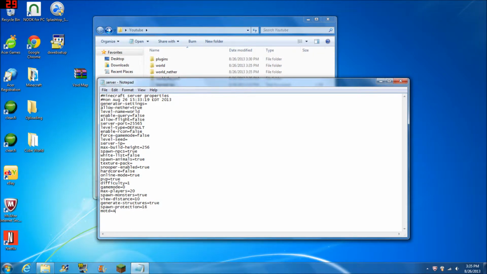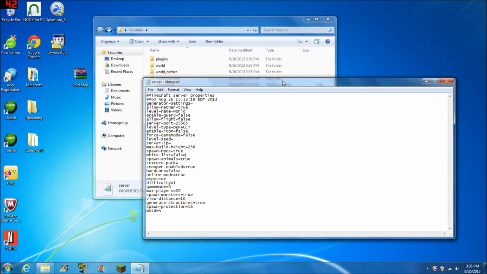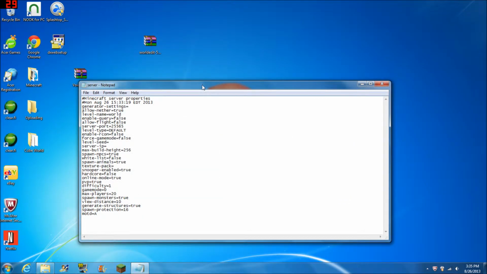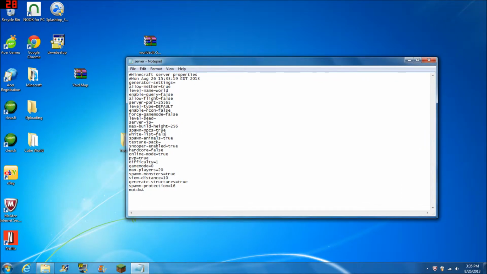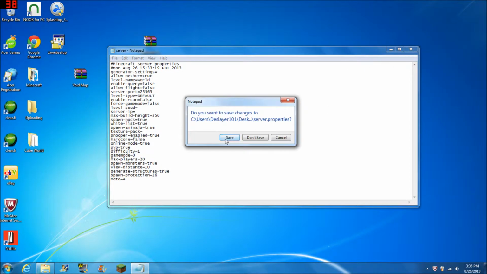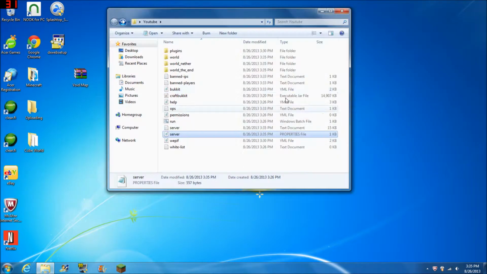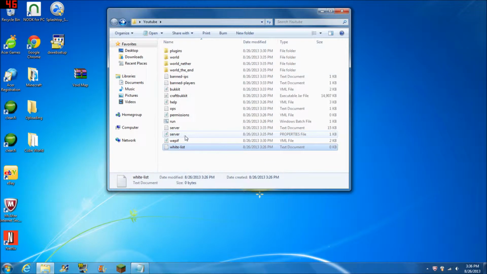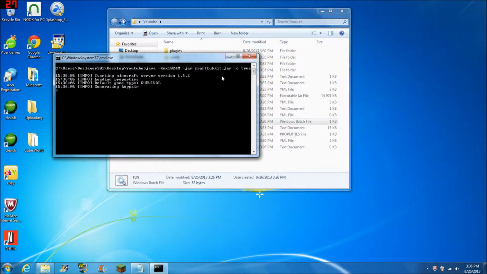Really cool stuff. Let's see, whitelist. If you want it so that no one else can get on the server except for the people that you want, you can set whitelist to true. Okay? So we're going to get out of here. Just hit X and then hit save. Let's get back into this. Now that you have the whitelist on, I'm not whitelisted right now. So if I run the server